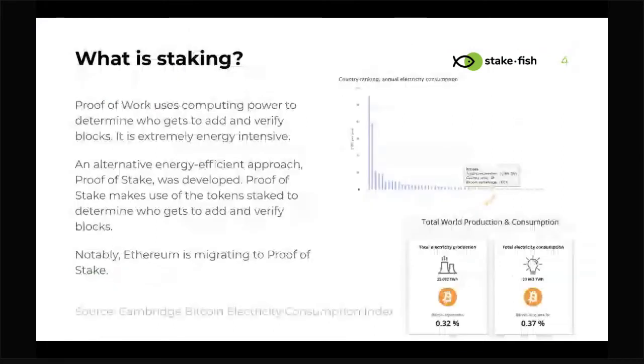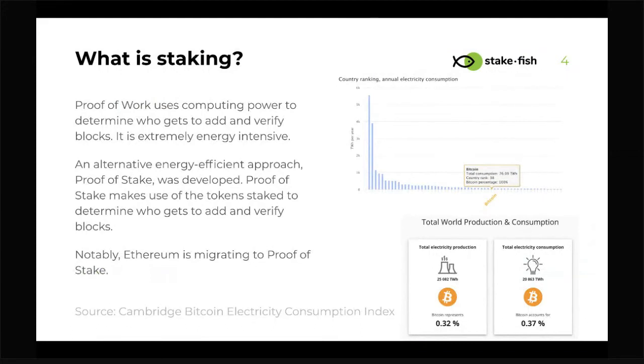I won't dive too deep into proof of stake, but very roughly, what is staking? As you all know, proof of work was used in Bitcoin and Ethereum, but it's extremely energy intensive. Recent stats tell us that Bitcoin accounts for 0.37% of the entire world's electricity consumption, which is a significant amount.